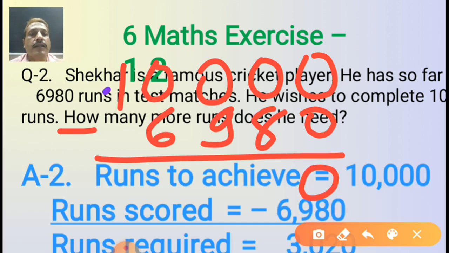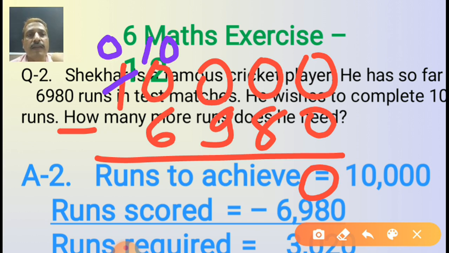I can cut this and put a 0 here. Now on the thousands place I can write 10, because we know, suppose you have a 10 rupee note and you want 1 rupee coins. How many coins do you get? Yes, 10 coins. Understood? Or if you have a 100 rupee note, you want to make it 10 rupee notes. How many notes will you get? 10. So that's why this 10 will come to the thousands place.